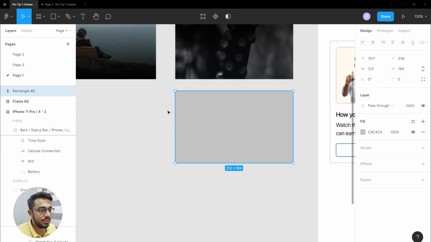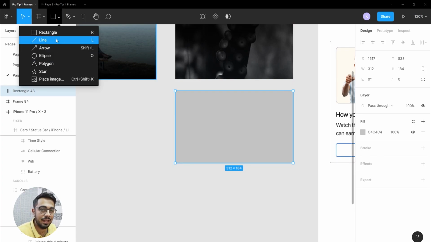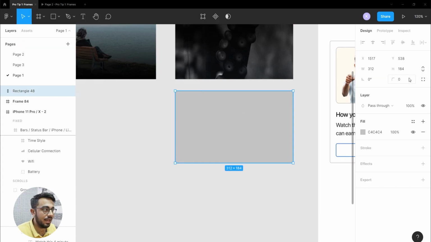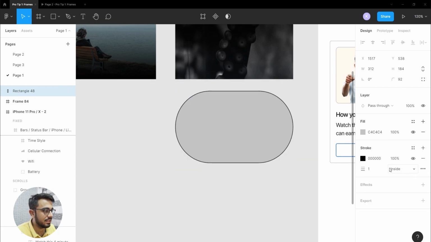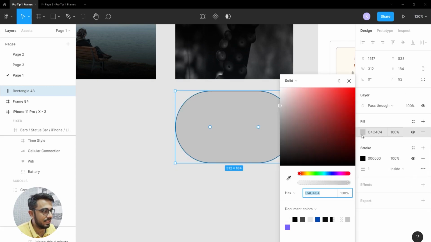By the way, if you start using frames, it will replace using an ellipse and a rectangle for you, because you can add a rounded corner to the frame itself. And all the properties that can be applied to a rectangle or a circle, not the properties of arc or other layered properties, but basic properties like corner radius, stroke, effects can all be added to a frame very easily.